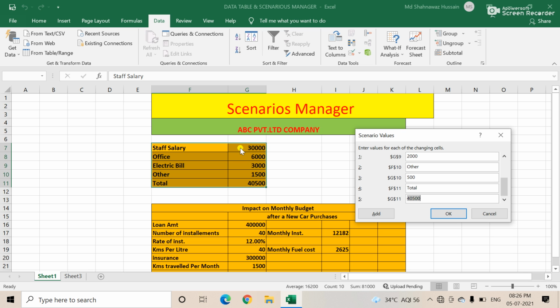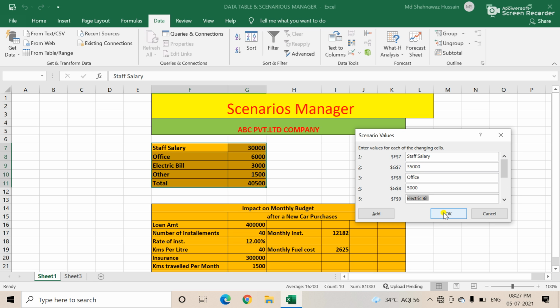As per my guess, my employee expenses are like 30,000, the office minimum 6,000, electric bill 3,000, others 1,500. I thought that every month a minimum of 40,500 is required. So in the month of January when I start my company, this is the scenario.